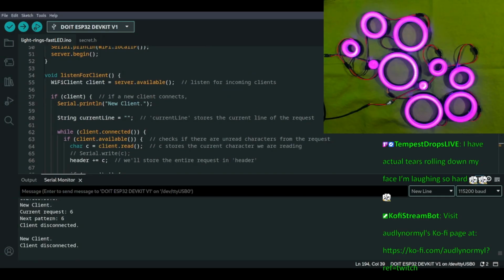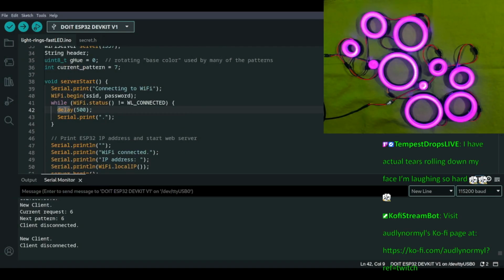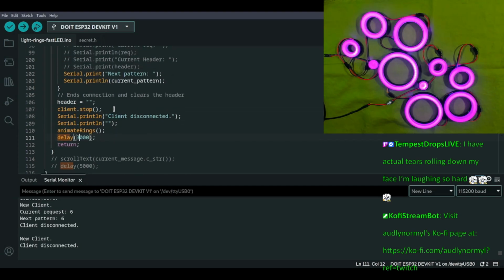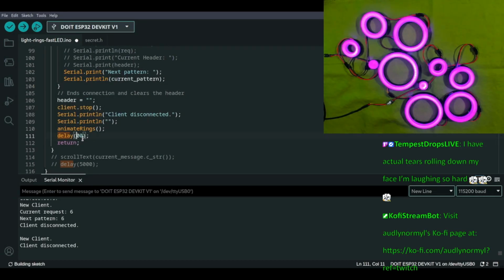I could just give it a little more time. Or delay in between the serial prints, because it's giving you the weirdness right before it prints the IP. So where's that happening? Maybe delay before that. Let it breathe.